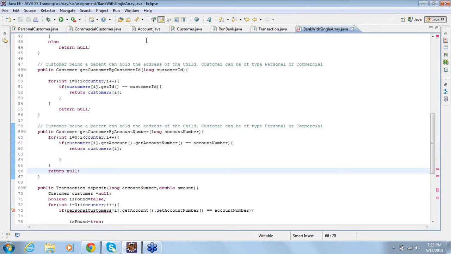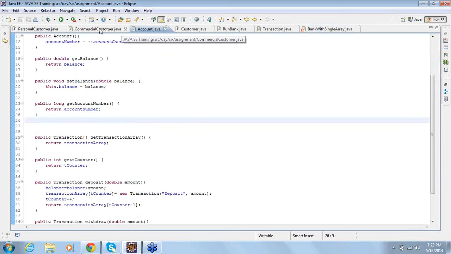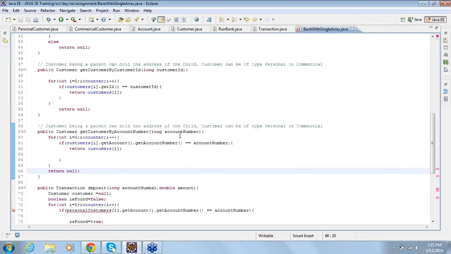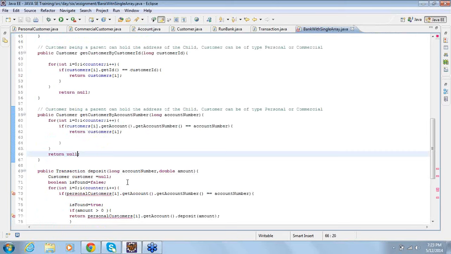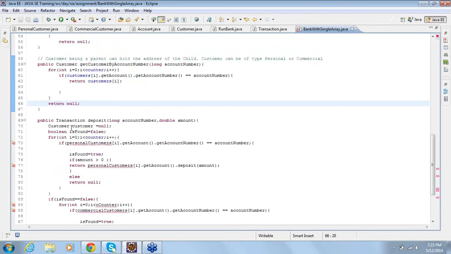Because customer ID and account belong to customer. You look, customer ID belongs to customer and customer has an account. Account number belongs to account. So we are not dependent on personal and commercial customer. In case you are dependent on personal and commercial, then it becomes difficult for you. But since your customer ID belongs to the customer object, things are much easier for you here.